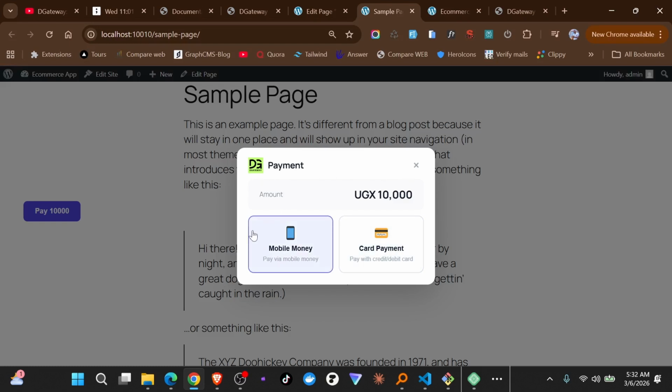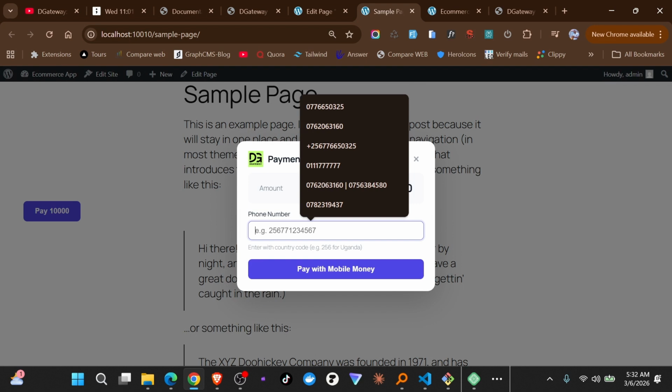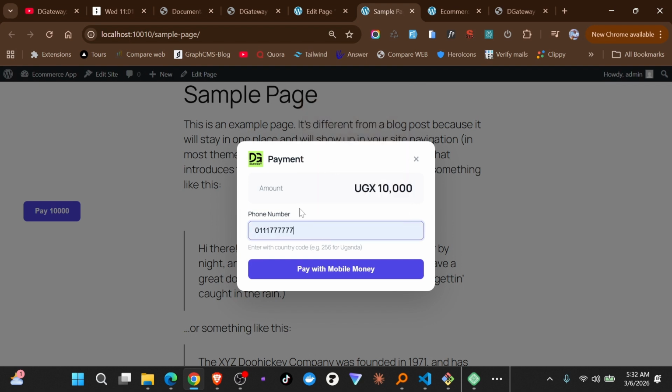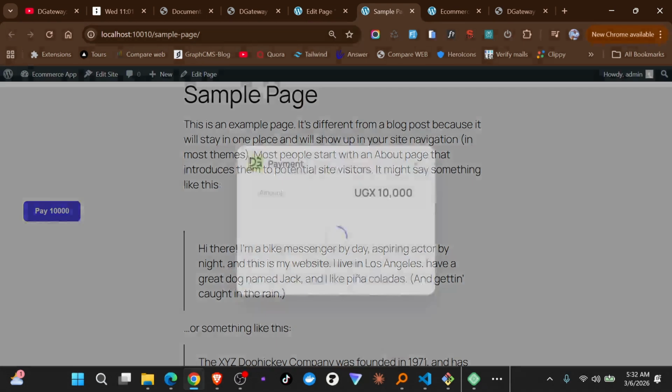Okay, I didn't want to click on this and take you to the checkout page, because I feel like you need to remain in this website here. You don't need to move away anywhere. So just select mobile money, and then we put our test line, this one, and then just go ahead and say pay,